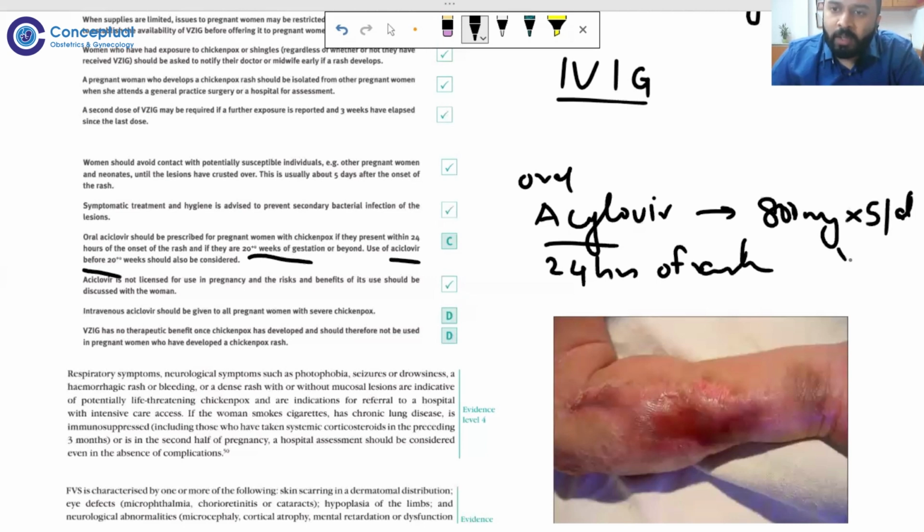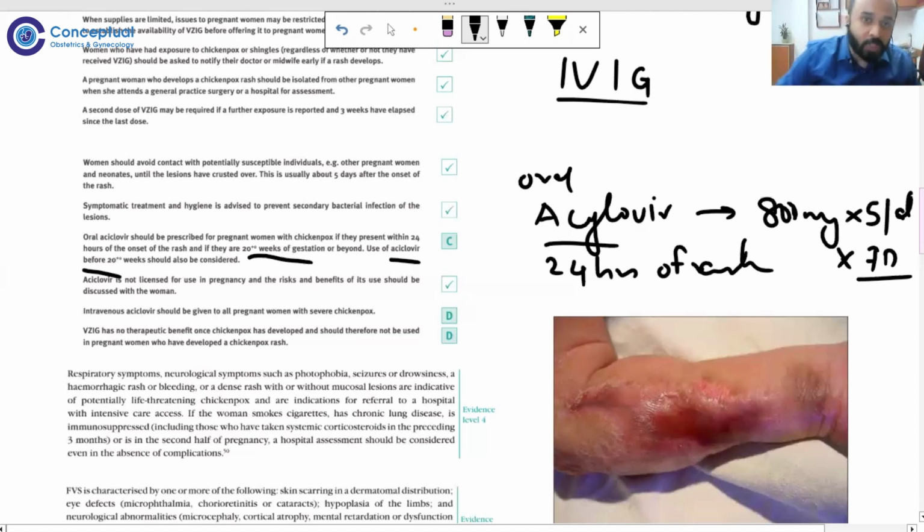And this has to be given for at least 7 days. So acyclovir only has a role if the patient is going to come to me within the first 24 hours of getting a rash herself. But unfortunately, if this patient, along with the rash, has also gotten severe symptoms, and by severe symptoms, I mean to say